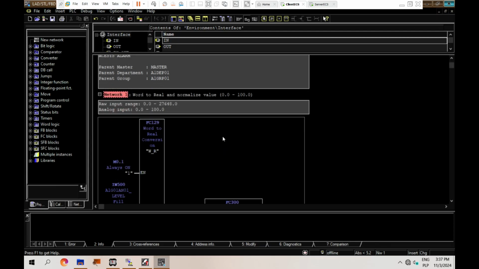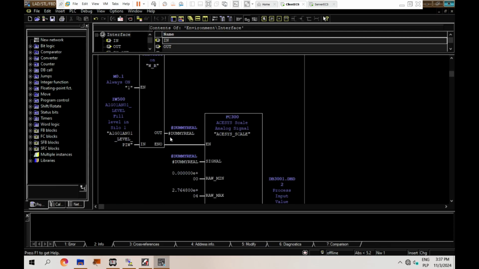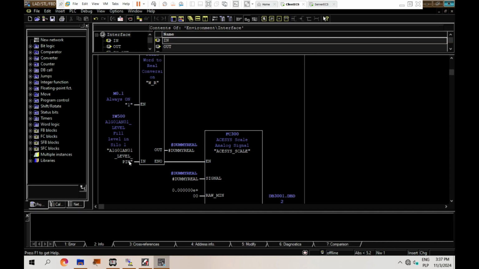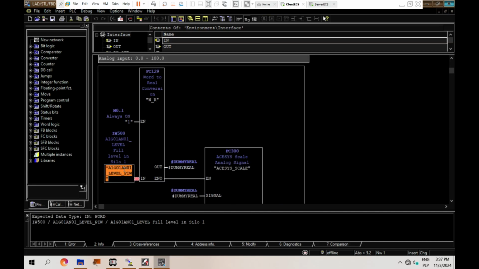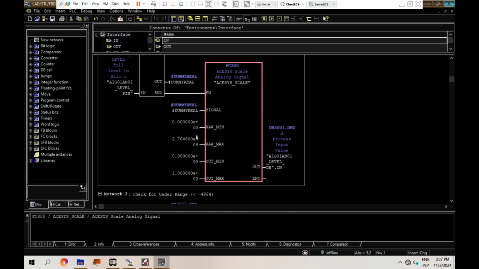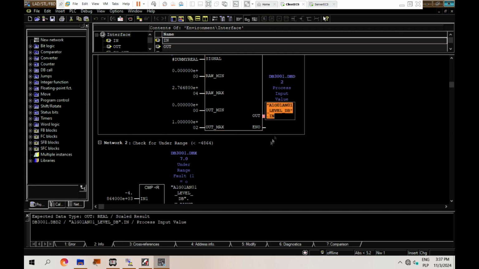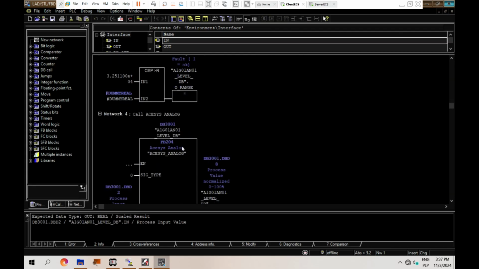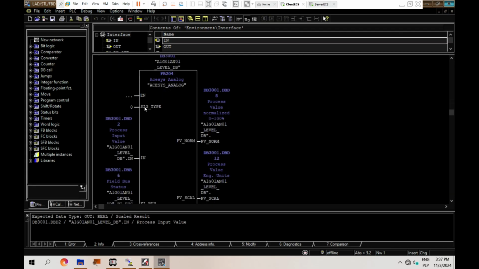In Siemens standards, the range of analog input values is from 0 to 27648. To handle this, first convert the ID500 value to the real type, then scale it to a range of 0 to 100 using the scale function. This scaled value is then input into block FB204. It's important to set the parameter SIG-type to 0, indicating that the function block expects a normalized value in the